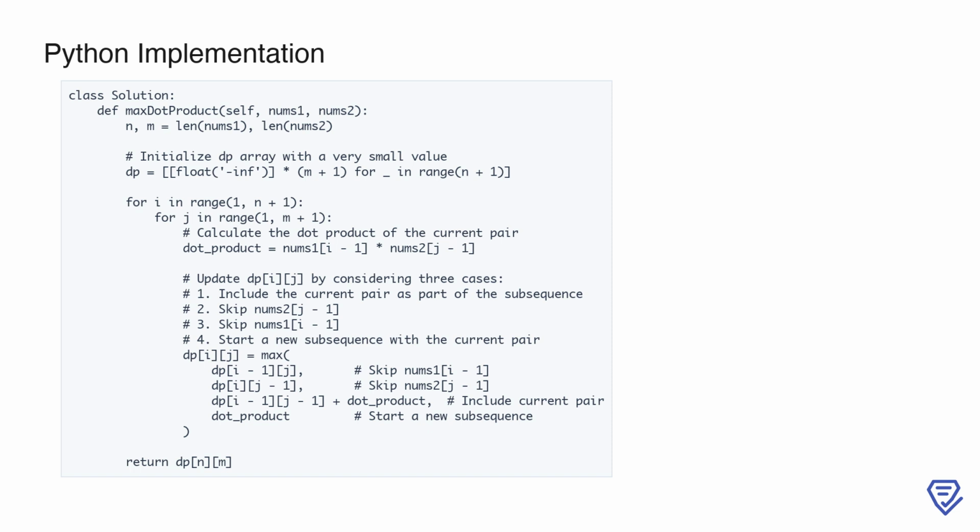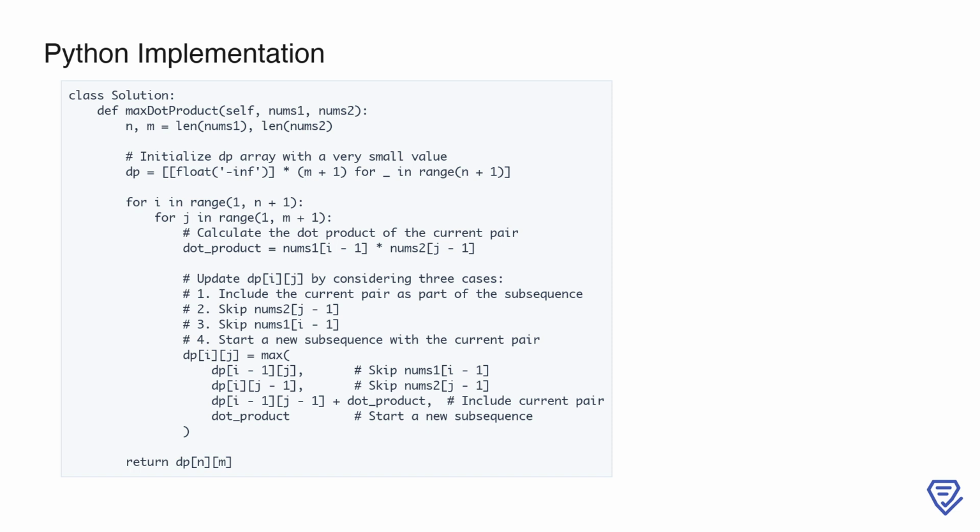3. Result. After the loop is complete, the value DP[n][m] contains the maximum dot product of any subsequences derived from nums1 and nums2. This approach ensures all edge cases are handled, including scenarios where one or both arrays contain negative values, and cases where subsequences of different lengths are chosen. The time complexity is O(n*m), where n and m are the lengths of the input arrays, making the solution